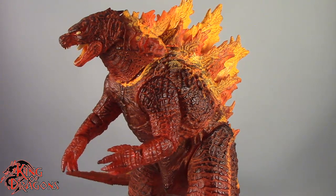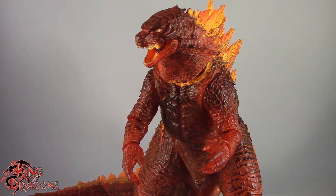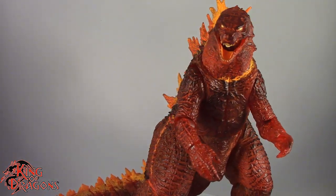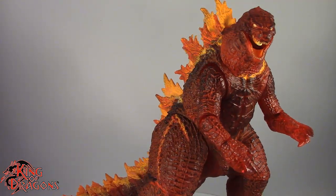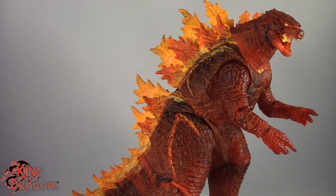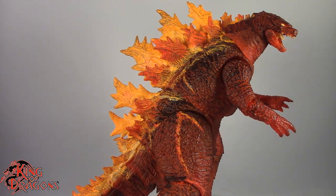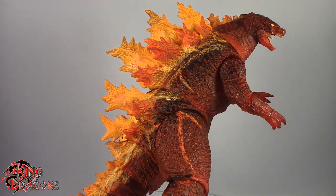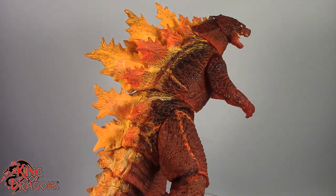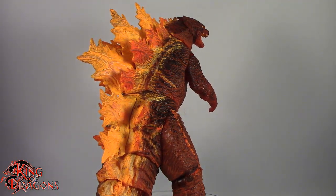And so here we have the NECA Burning Godzilla posed for my final thoughts. Now, overall, I really do like the way this figure came out. The black wash on this figure is exquisite, and it looks so much better when it's not under my studio lights. So unfortunately, because of how bright my lights are, you aren't getting the full experience of this figure. If you do have it in hand, the dark wash does bring out a lot more of the details. And like I said, under my studio lights, it does kind of dull out the effect, but he is overall really done well. Despite the issues I have with the macaroni spines, I still think it looks good under